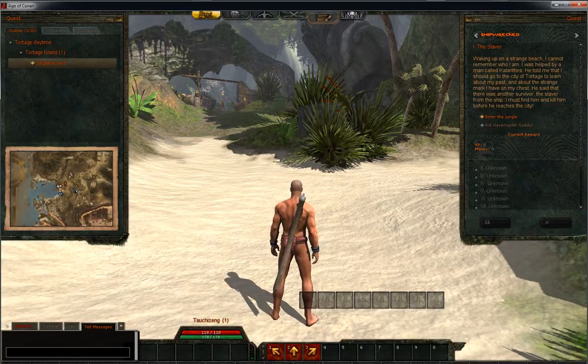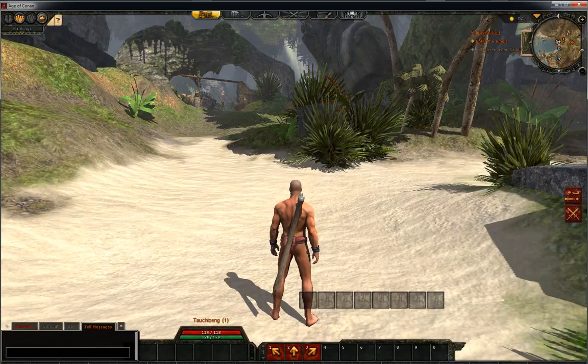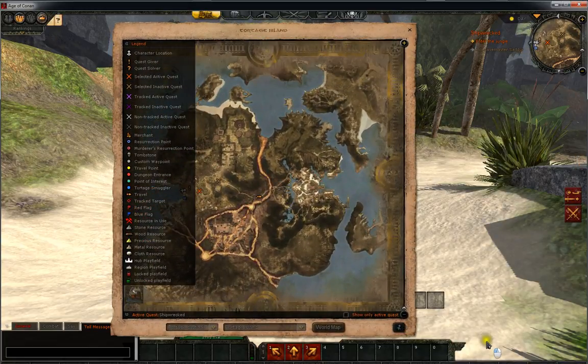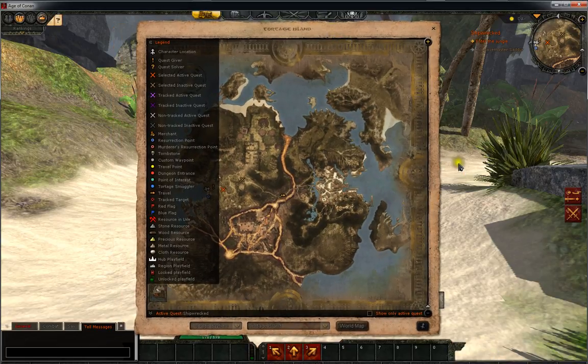Okay, so this map we have for the quests, and we also have here a radar, which you can also scroll in and out. And here we have the big map. Now here, I usually open this full, so we have a good overview of the area which we're playing in. Here as well, you have the different areas of playfields, and if we go to, let's say,